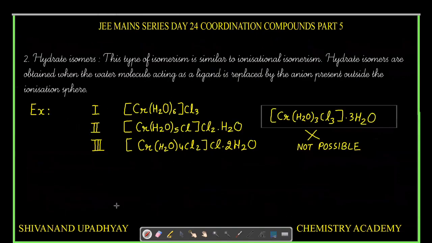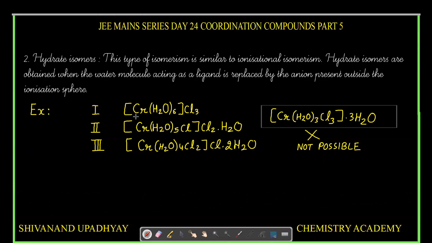Now let us discuss the second type of isomerism, and these questions are very common in JEE Mains. Many questions have been asked in this exam regarding this type of isomerism. Hydrate isomers. This type of isomerism is similar to that of ionization isomerism. Hydrate isomers are obtained when the water molecule acting as a ligand is replaced by the anion present outside the